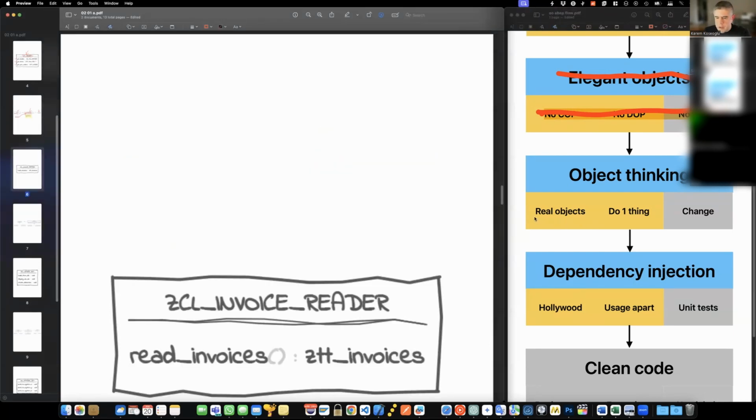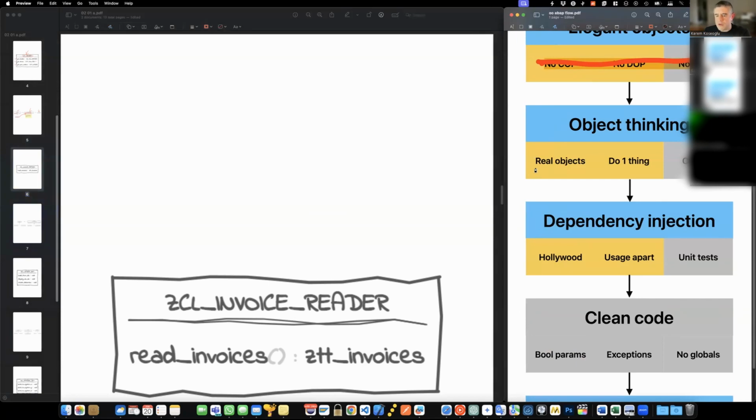So the first principle that I want to address is called real objects, which means each class that you create should have a physical reference in the real world, or at the very least in a cartoon world. You can imagine a cartoon created by Disney or whatever, like Tom and Jerry. The object that you are creating should have a virtual or imaginary correspondence in a cartoon world, or even better, if possible, a real correspondence in the real world.